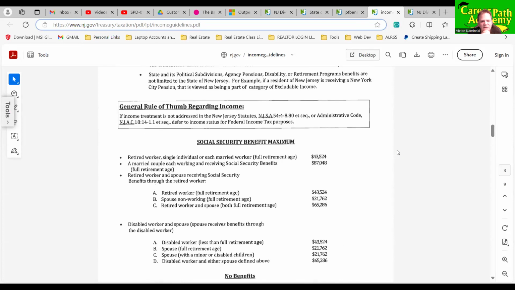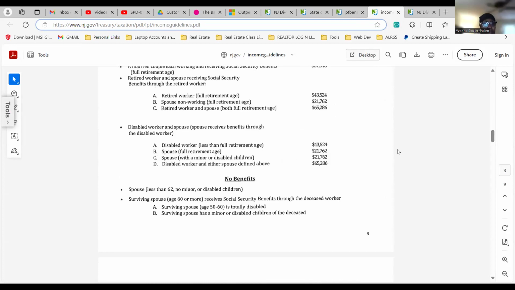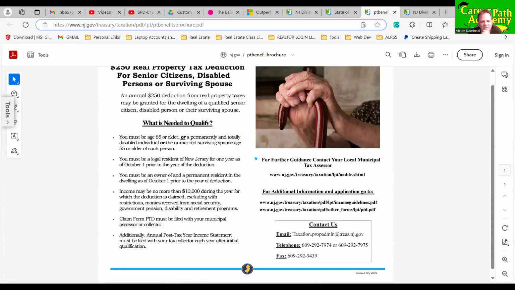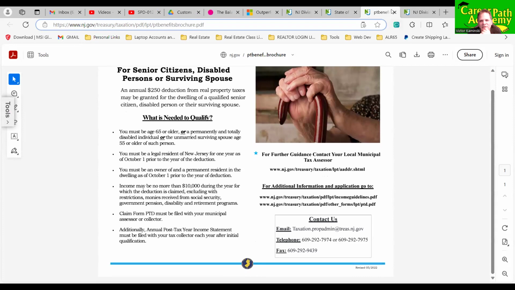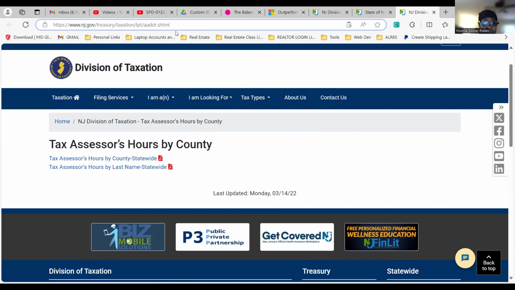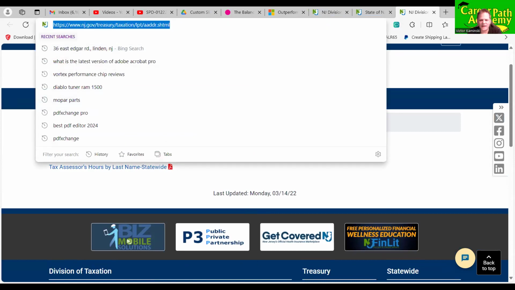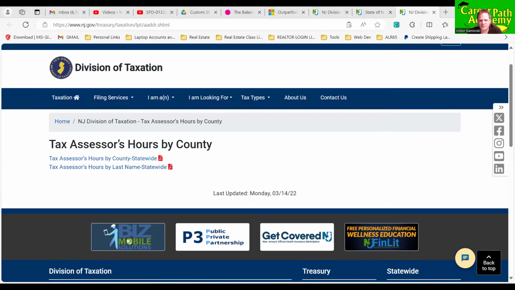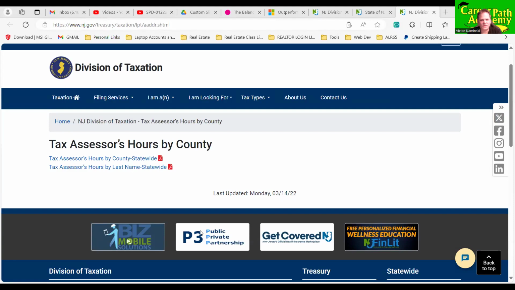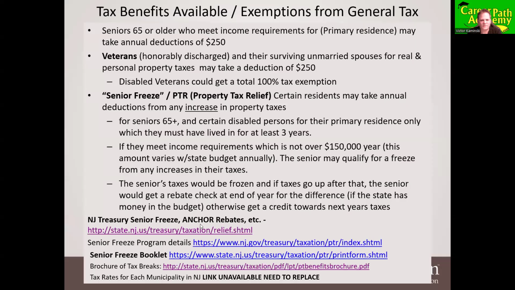No, that's just their guidelines for this particular program. Okay. Oh, well, okay, so this link is pretty much useless. The tax assessors by county, I guess we could add that to our list here in our slideshow. Go back to our slideshow. You can see that. I got to go to a different window to edit it.